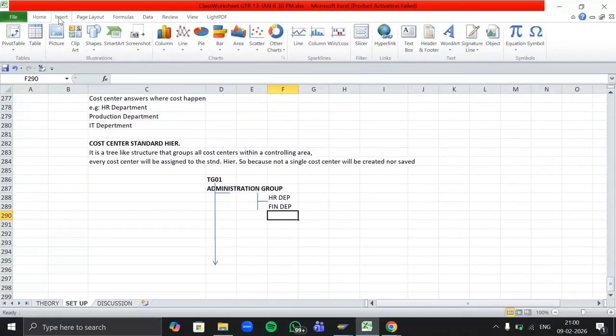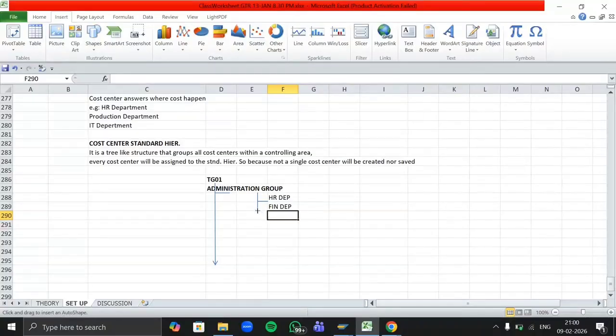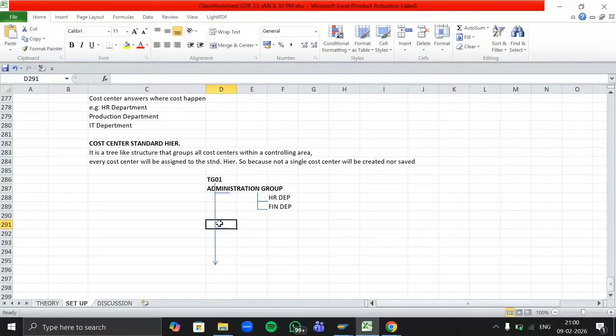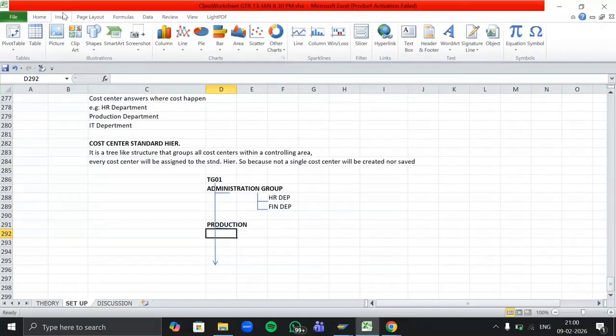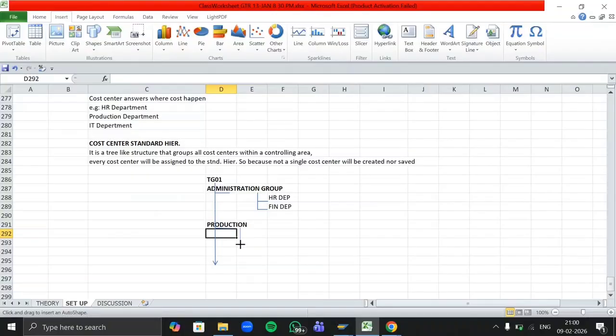Okay, now let's say we have a production group. Under the production group also we have multiple departments. Let's say under production I have an assembly department and a maintenance department, taking care of our production over there.